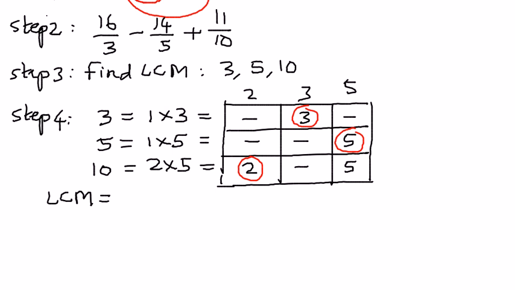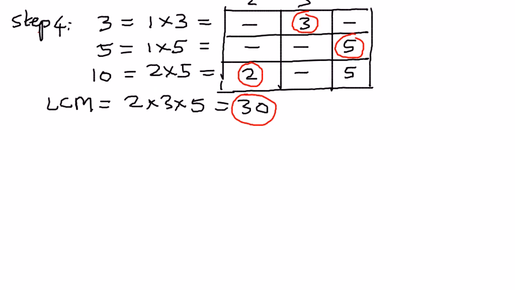So therefore the least common multiple is going to be the product of these three numbers, 2 times 3 times 5. 2 times 3 is 6, 6 times 5 is equal to 30. So therefore the least common multiple for the numbers 3, 5 and 10 is equal to 30. So now we are ready to